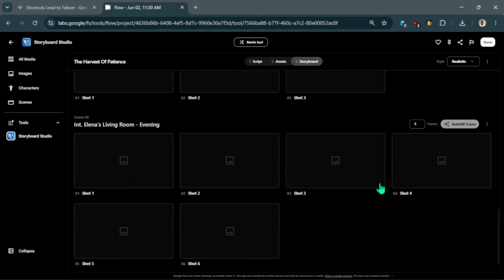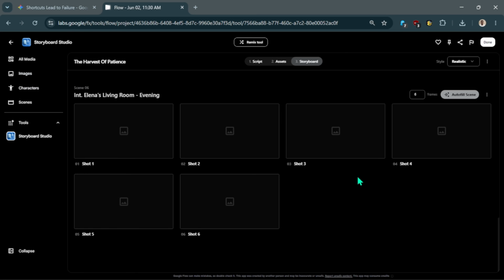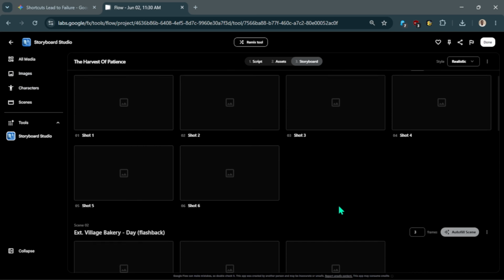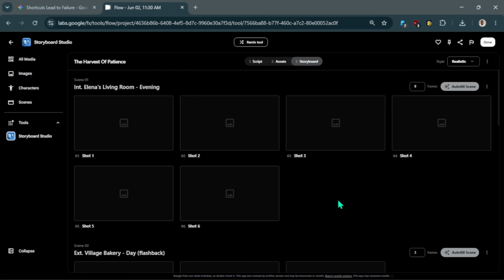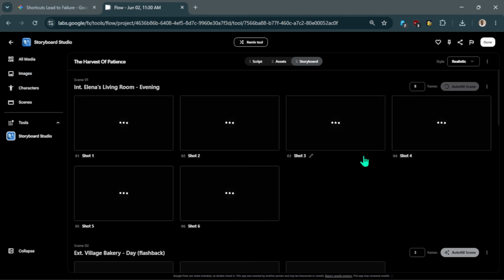Scene 1 is in the interior of Elena's room in the evening, featuring 6 shots. Scene 2 is the village bakery, continuous, with 3 shots. Following that, we have bakery scene set in the morning, and 3 other scenes, each containing their own collection of shots. Every shot carries a descriptive name generated automatically from the story's context. Click the autofill scene on any scene and watch as the Storyboard Studio produces storyboard realistic images for each shot